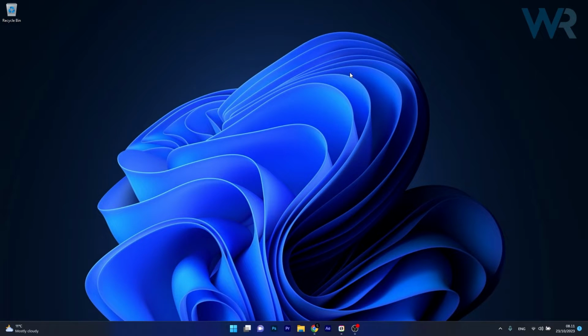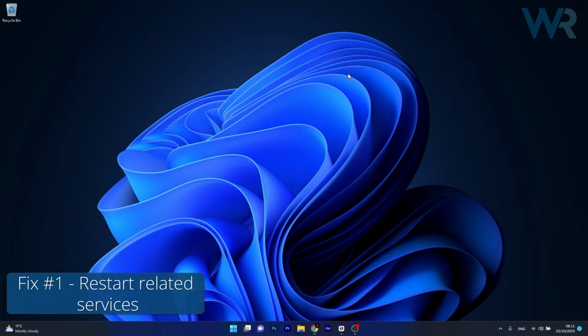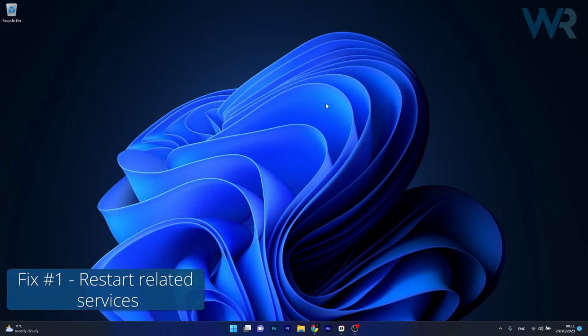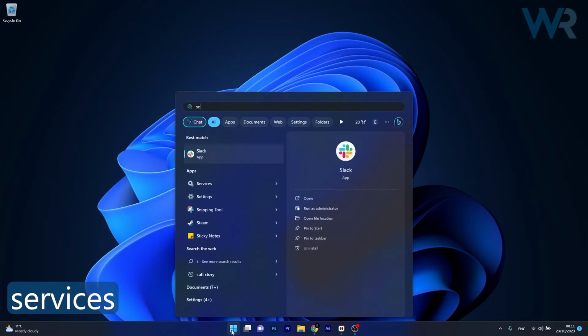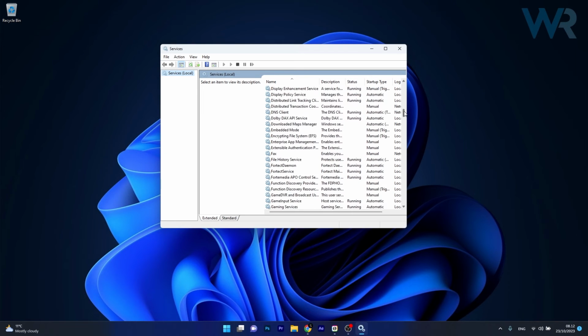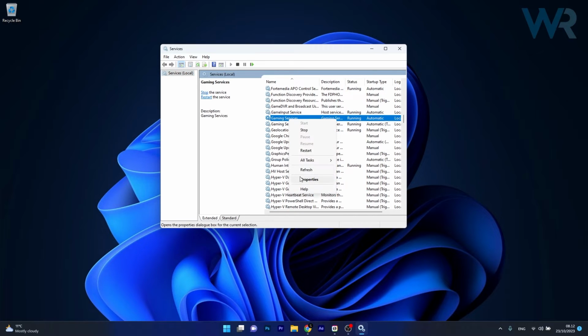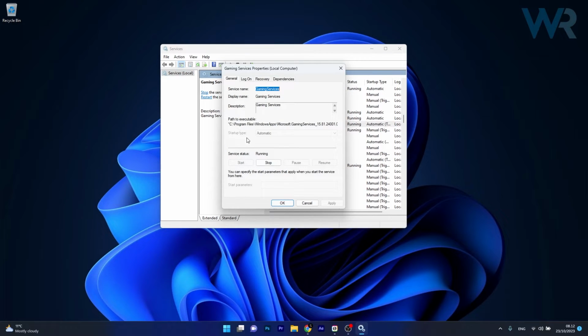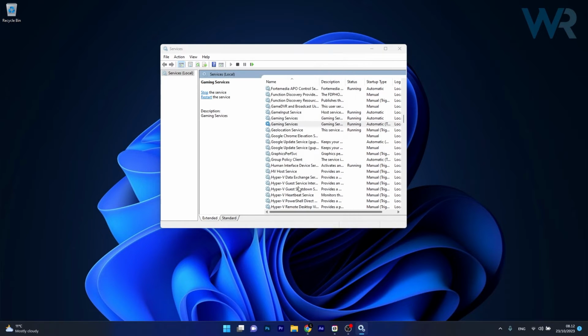So the first solution that you should always take in consideration is to restart the related services. To do this, press the Windows button, then simply type services and then select Services as an application from the search results. Now in here, scroll way down until you locate the Gaming Services, then right click on it and select Properties. And now in here, make sure that the startup type is set to Automatic. Now click on Apply and OK to save the changes, and then you can restart your computer and check if